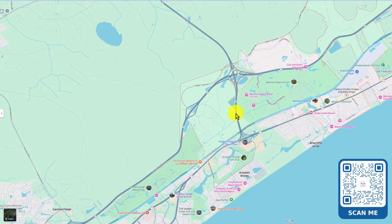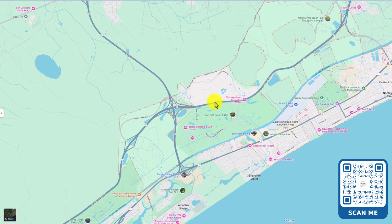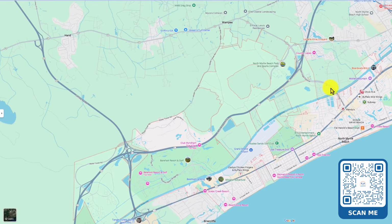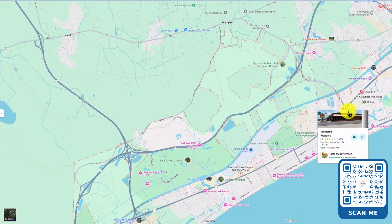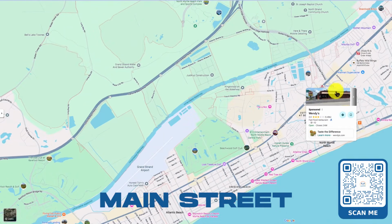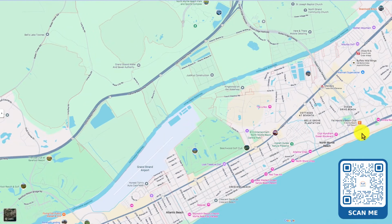31 in, and then you can take 22, or you can take 31 all the way up to Robert Edge Parkway, which is going to be up in this area, and you can head east. So Robert Edge Parkway actually moves pretty good as you get around 17 here where it turns into Main Street. It can get a little bit congested as you start to head a little bit further east towards the ocean, and especially within probably 6 or 7 blocks of the ocean here at Ocean Drive and Main Street, it's going